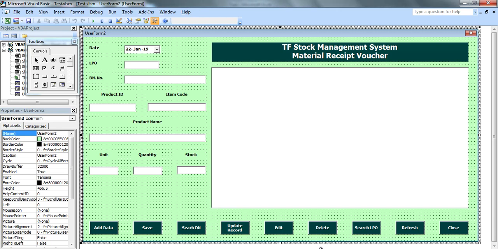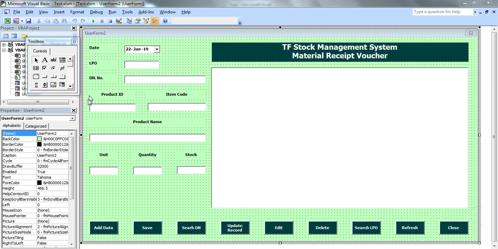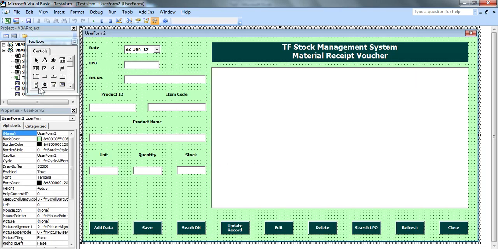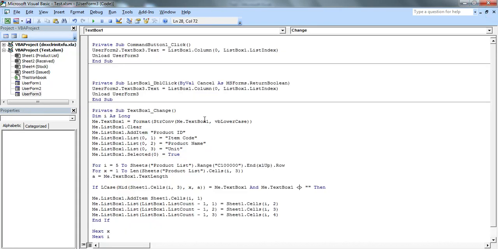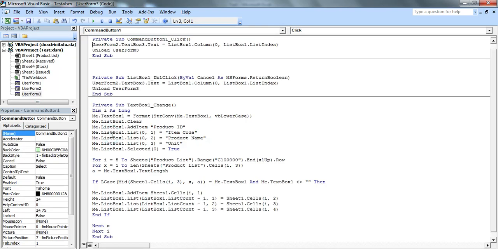So for that, first of all, I will open user form number 3, and I will double click this select button, and you can see here this is the code.